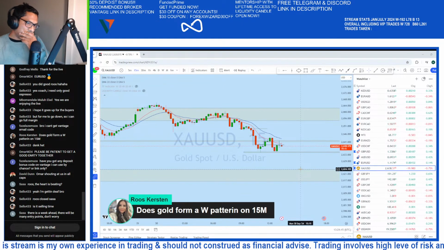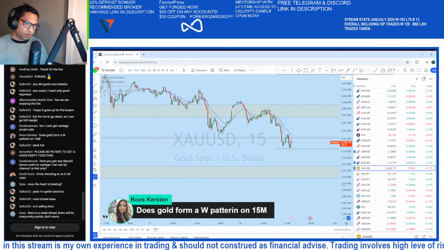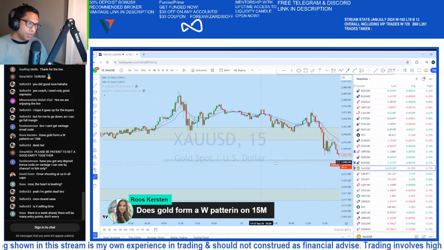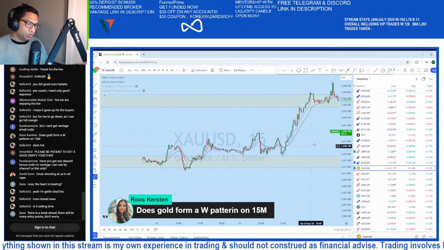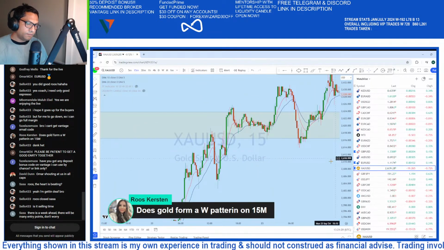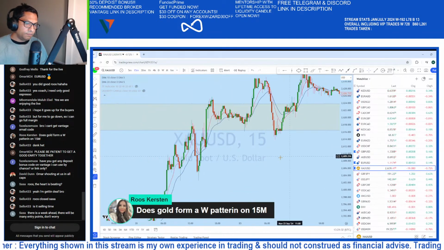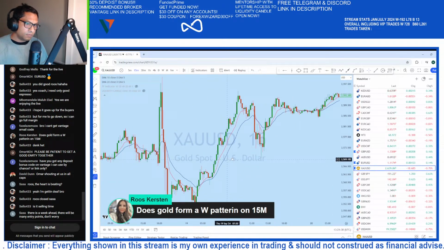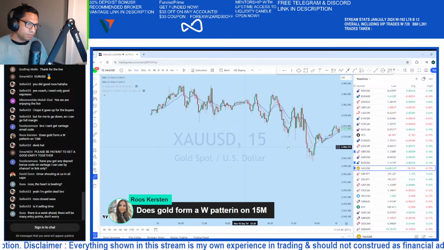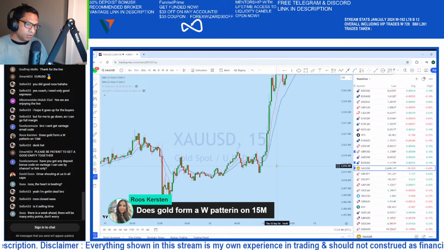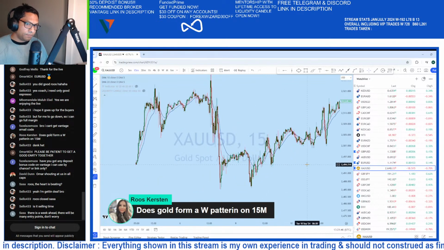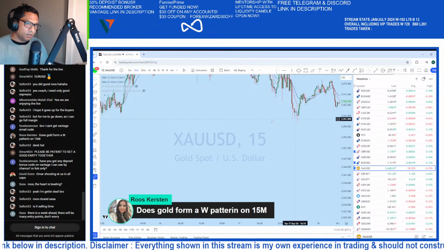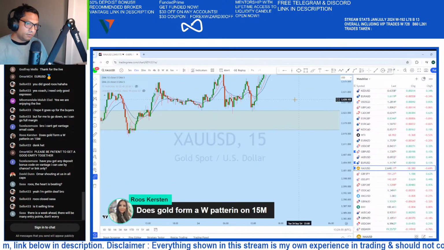I wouldn't say it is a W formation, because if I give you an example of a true W formation, such as this one, and if we look back here as well, we can see such as, I would say that one is a W. Okay, so like that. This one is still, if we look at here,